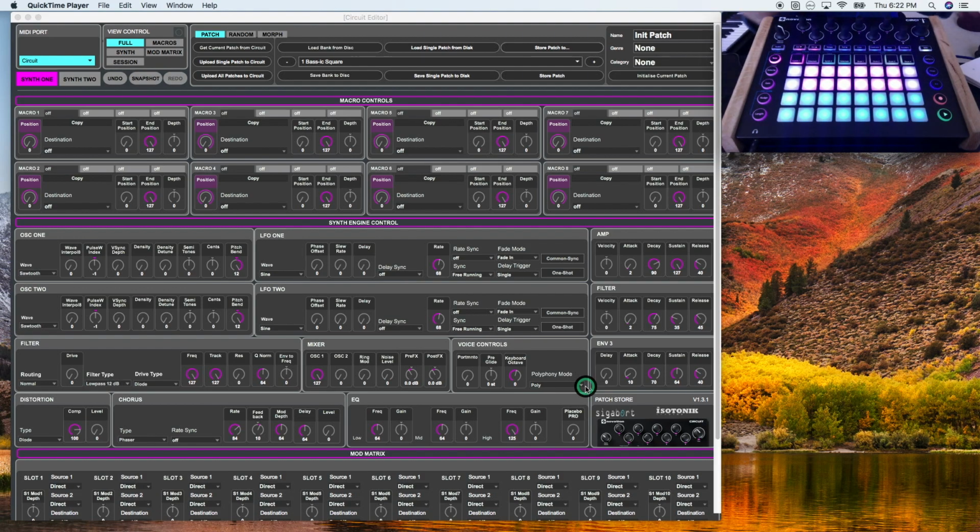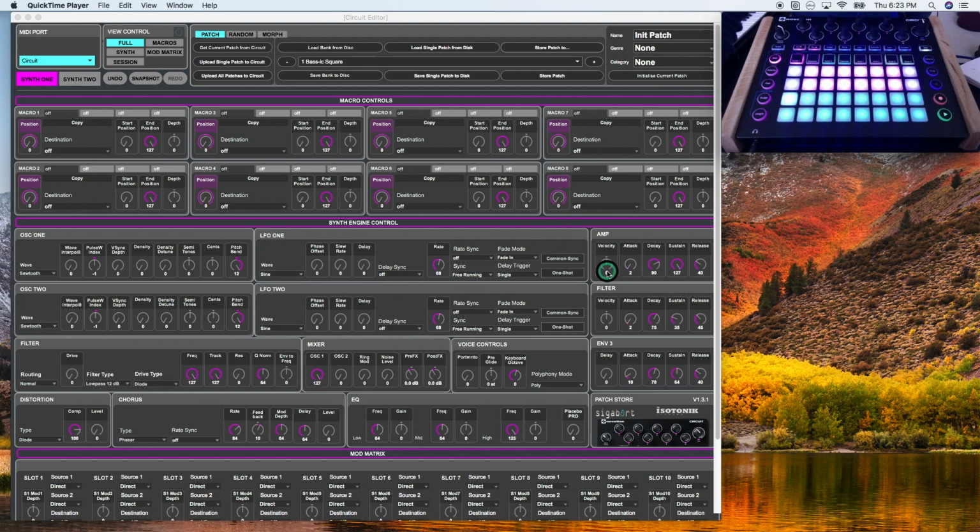Envelopes are a fundamental building block of synthesizing. I'm not going to go too much into the mechanics of ADSR envelope generators. There's a ton of information on the internet about ADSR envelopes and how these can be applied. I encourage you guys to read up on those if you don't know what these are. But essentially, attack is how long it takes for a sound to reach peak. Decay is how long it takes from peak to get to a sustain level. Sustain is the level at which the envelope settles at, and release is the time it takes to go from sustain to zero again. So the amp envelope here contains a standard ADSR envelope, and there's an extra knob here